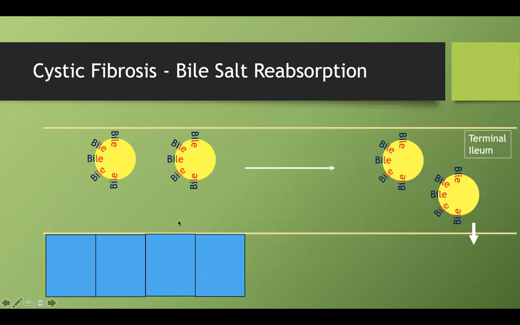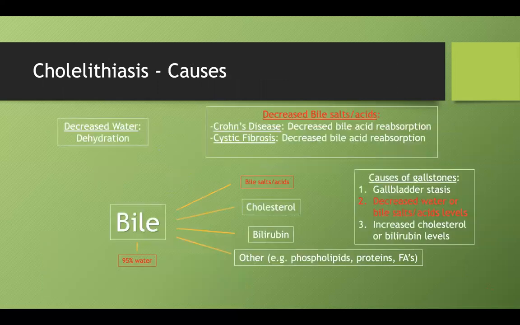So you're going to end up with a lot of fat globules traveling through your GI tract, and bile will still be attached to that. And if bile is attached to that, it's not going to be able to get reabsorbed at a healthy rate. And without the bile